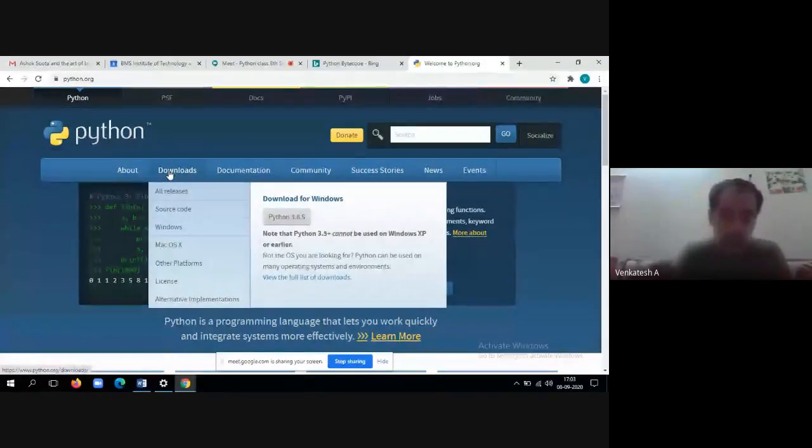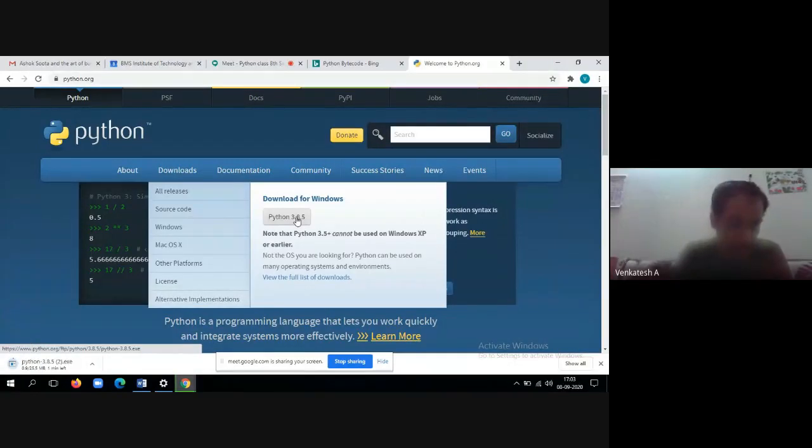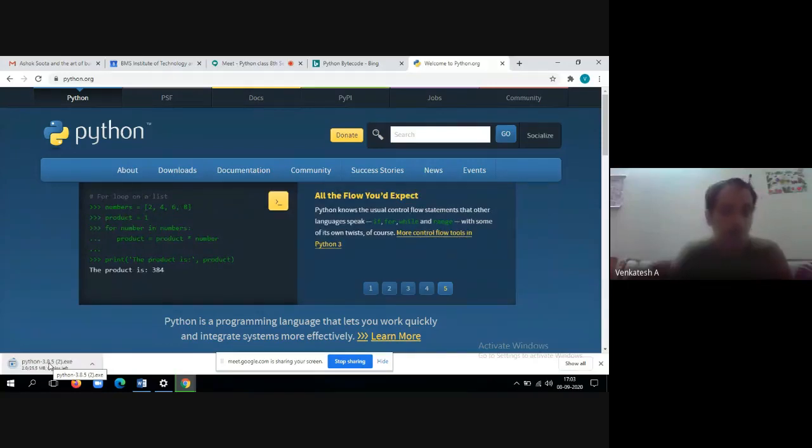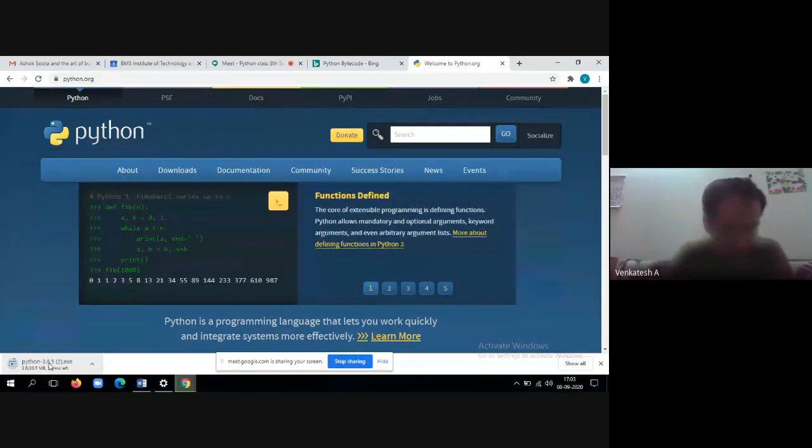As soon as we go to downloads, you can see on the right side, download for Windows. That means there is a recent version, Python 3.8.5, which is freely available for Windows machines. Okay, let us select Python 3.8.5. Now you can see at the bottom left of the browser that it is downloading. That is nothing but the Python launcher file. Actually, I have already downloaded the Python file. Just to demonstrate for you, once again I am redoing the same thing. Okay, so let us wait until this downloads.